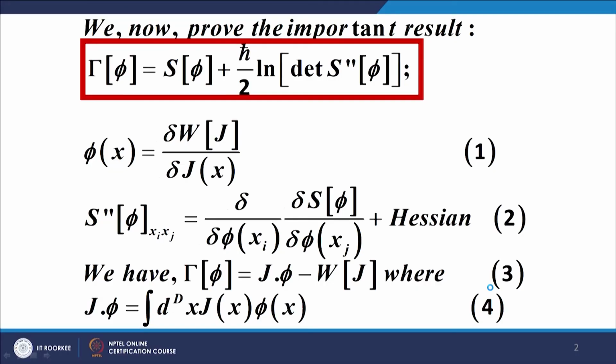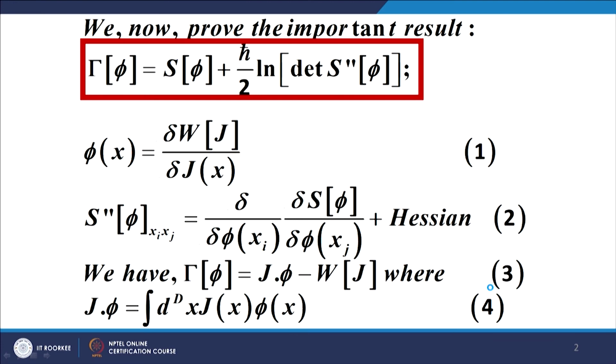Welcome back. So, let us continue with what we were discussing. In the earlier lectures, we discussed this very important relationship which is given in the red box at the top of your slide. We will redo it to make the exposition absolutely clear, because this is a very important relationship, and this enables us to find an expression for the effective field theory corresponding to our given quantum field theory.